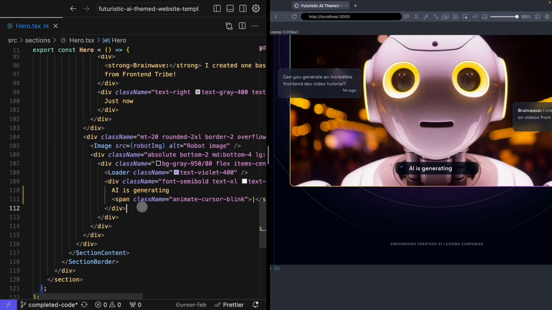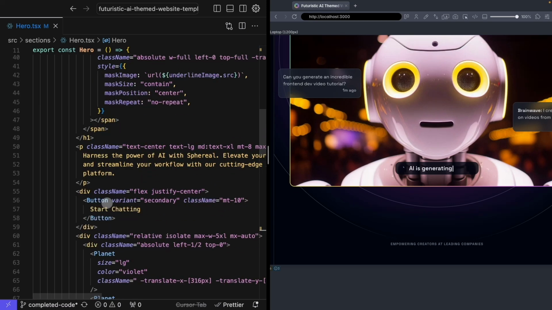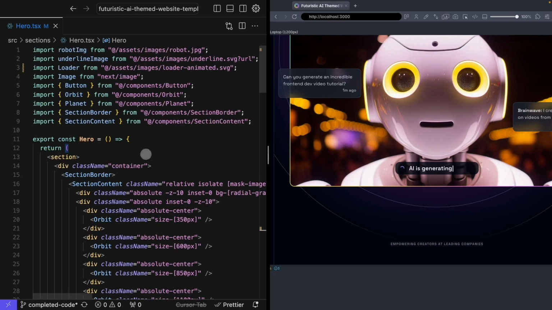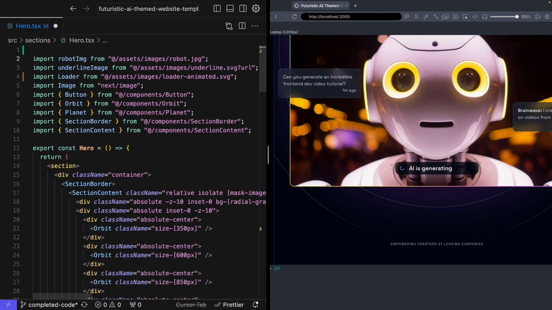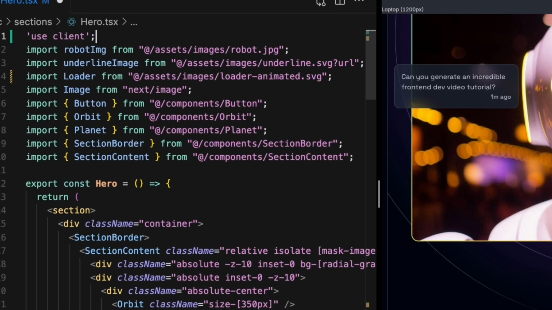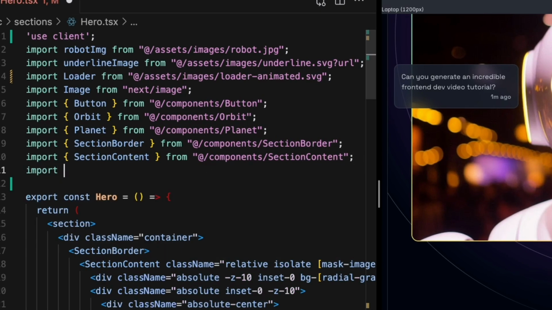Now that we have both of those done, let's come to the top of our section, because now we are going to be animating these chat bubbles, or creating a parallax effect with them. In order to do that, we need to do a couple of things. And the first one is that we're going to be importing Framer Motion, which means we're going to turn this into a client component. So I'm going to say use client here up at the top, and then I'm going to start importing Framer Motion by saying import